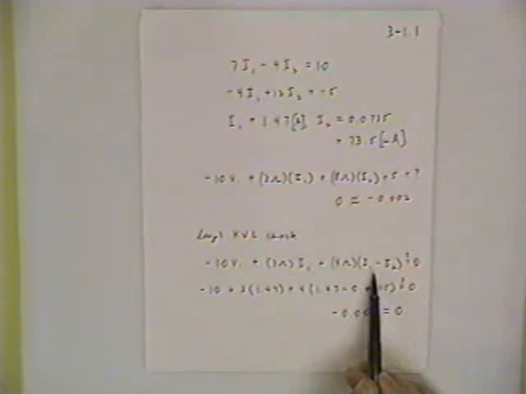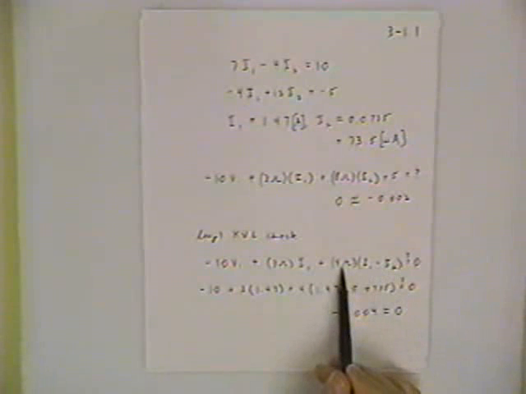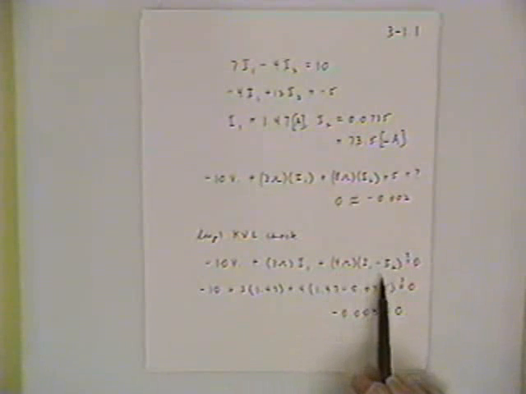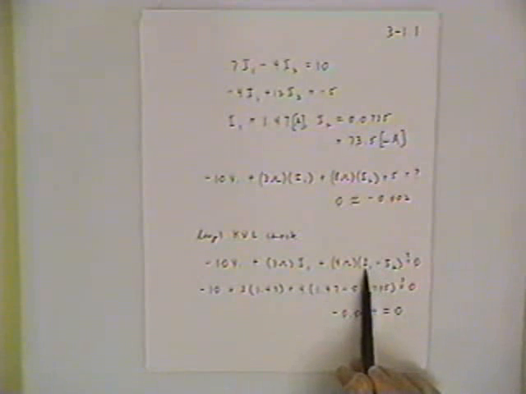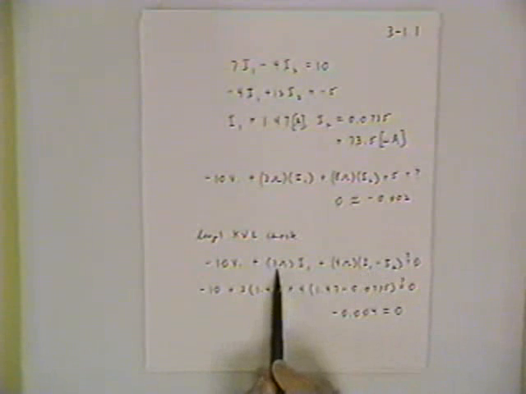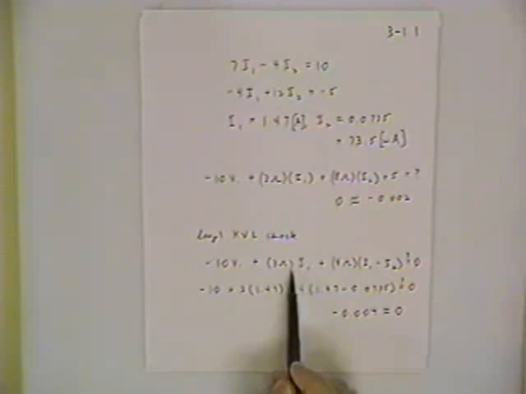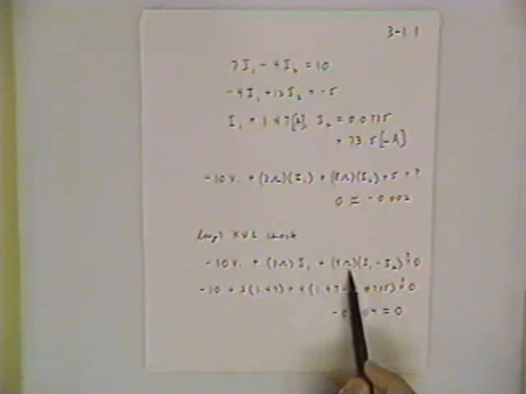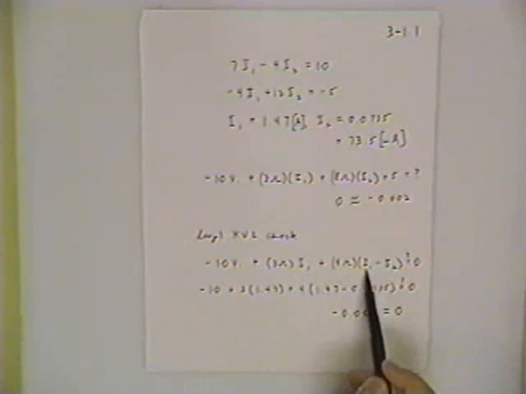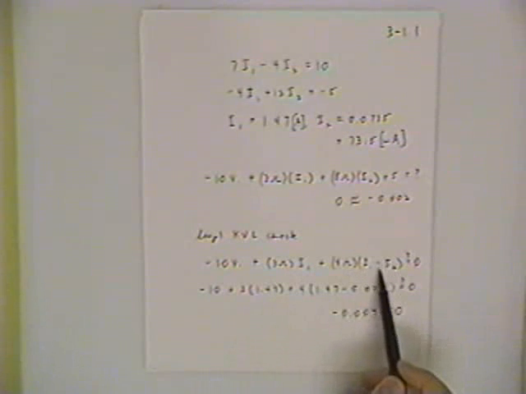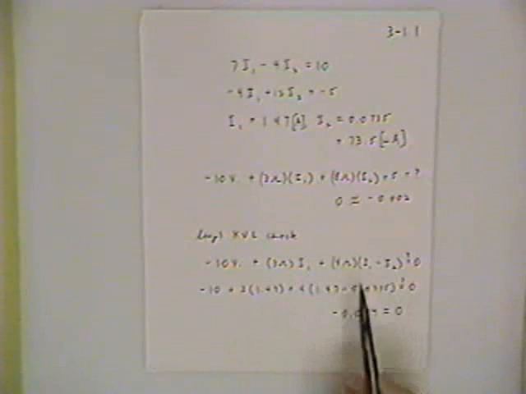The other point of interest in this problem is to remember that the loop currents for a branch like this 4-ohm branch that shares two loop currents are not necessarily physical currents. For this 3-ohm resistor, the loop current I1 happened to be the actual current going through that resistor. For the 4-ohm resistor, the loop currents give you just a portion of the answer. You have to combine the loop currents to get the actual physical current going through that resistor. Well, what I want to do now is without actually solving